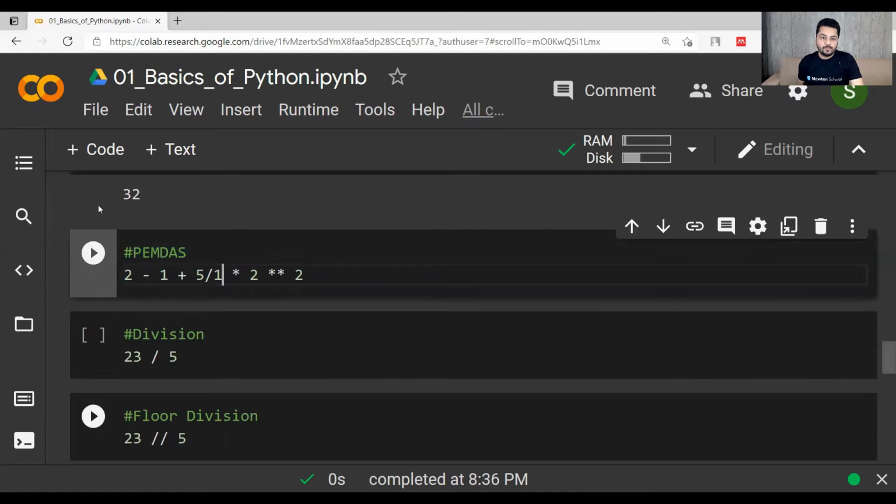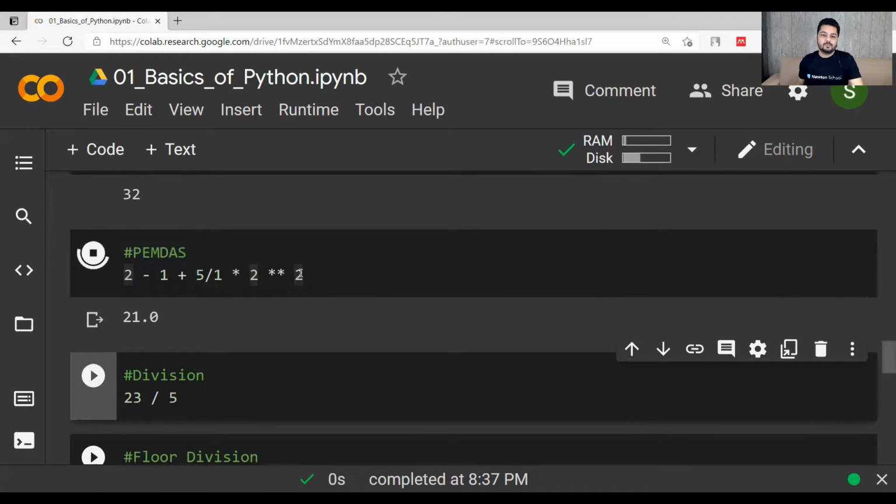First of all, parenthesis, it is not available here. Exponent is this one, 2 raised to 2 is 4. Then multiplication, and division. So 5 into 4, 20. 20 plus 2, 22, minus 1, 21. So the output will be 21.